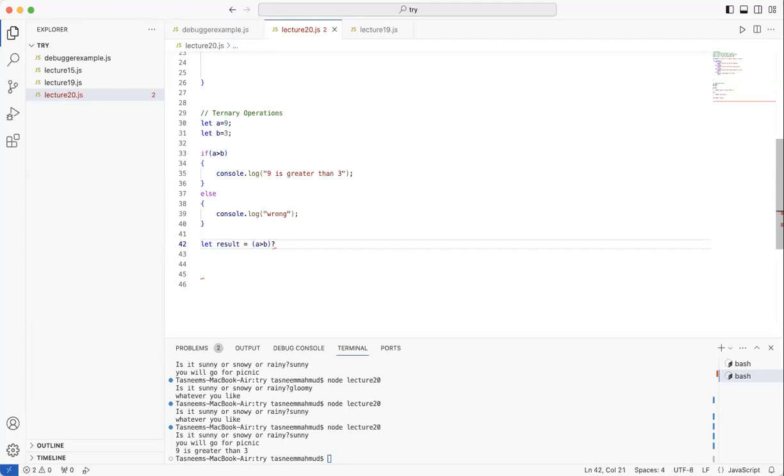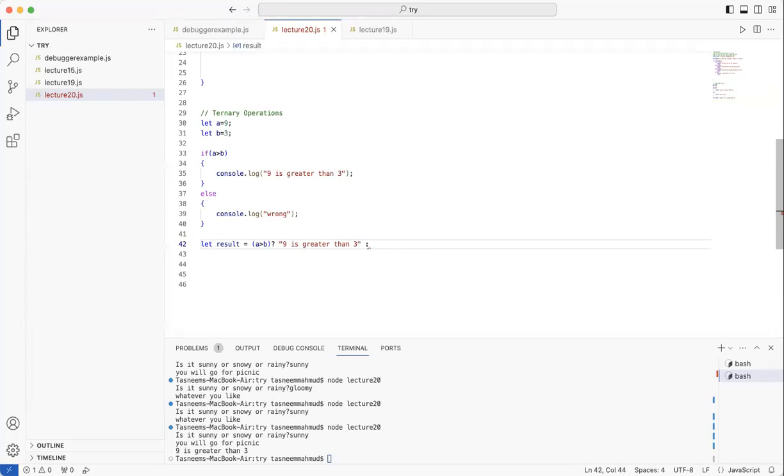Moving forward, now our condition is set. Now we're checking if A is greater than B. Now if A is greater than B, then what do we write? We write this, which is 9 is greater than 3. Okay, that's the first one. Now, what if this one's not the correct one and A is not actually greater than B?